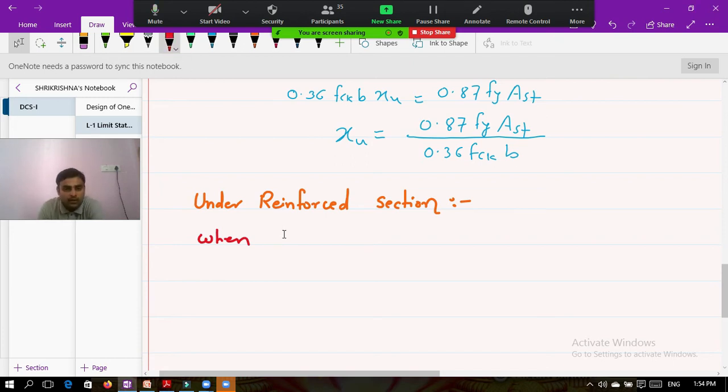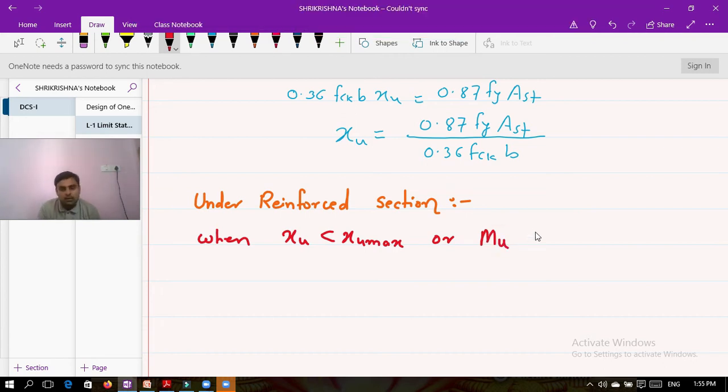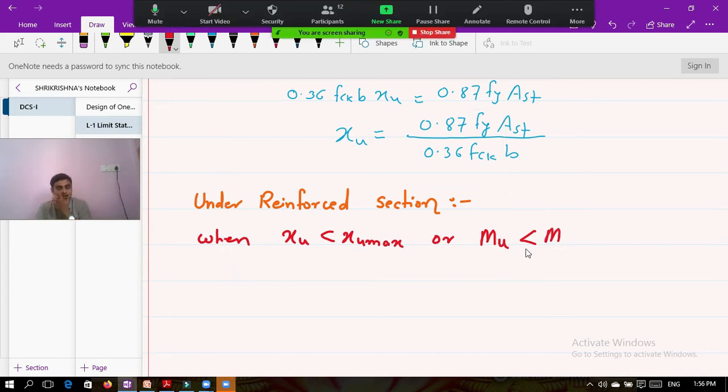When XU is less than XU max, your depth of neutral axis is less than the maximum depth of neutral axis, or your bending moment is less than Mu limiting. So when XU is less than XU max or Mu is less than Mu limiting,